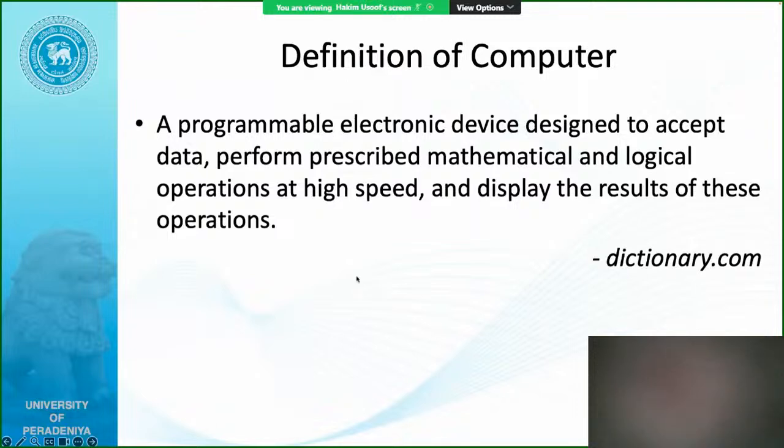So basically, a computer is typically a device that takes in data and does some processing. The processing is actually performing prescribed mathematical and logical operations at a high speed, and then displays the results. And the results that come out are what we call information. There's a big difference between data and information. Data is basically raw facts, like the temperature over the last, I don't know, 1 year. That is just data. If you take this data and plot it according to a graph,